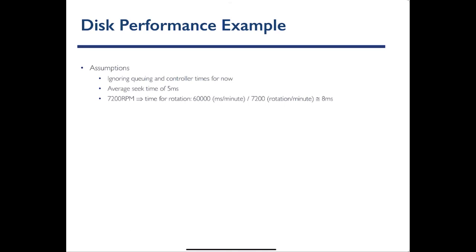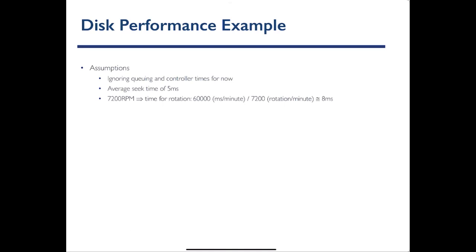Usually, when you buy these disks, they have this RPM, which is rotation per minute. How many rotations you have. So let's say you have 7,200 rotations per minute. You can turn that to